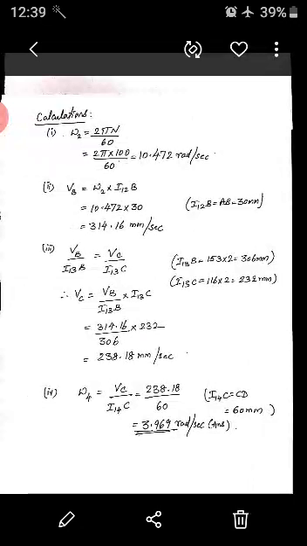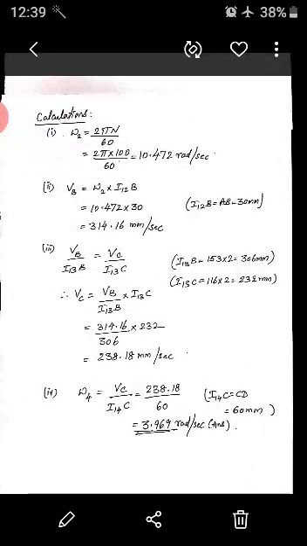From B, you have to go to C. That is the way you should move in the figure. So what is this omega 2? Omega 2 is 2 pi N by 60. N is given. Link 2, because it is the crank, usually the RPM of link 2 will be given in the problem. 2 pi N by 60. You get 10.472 radian per second.